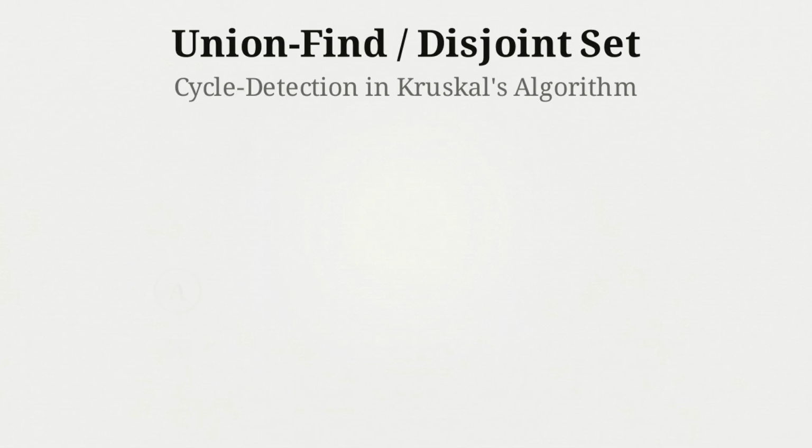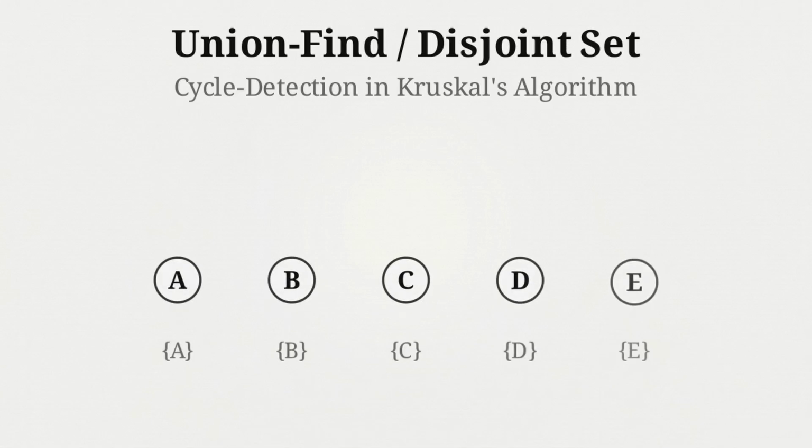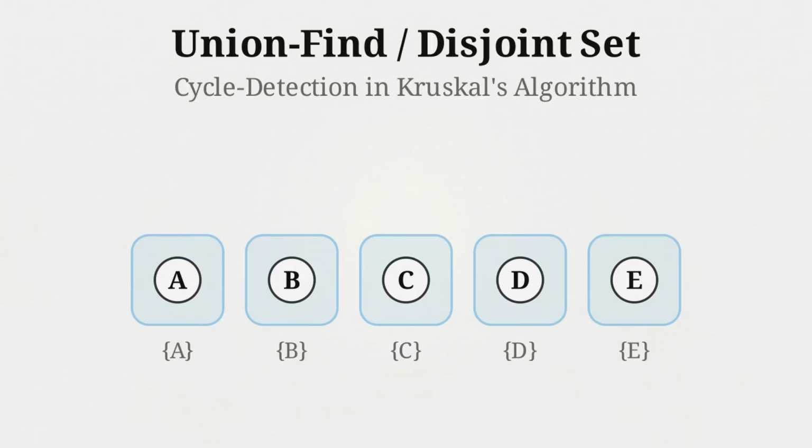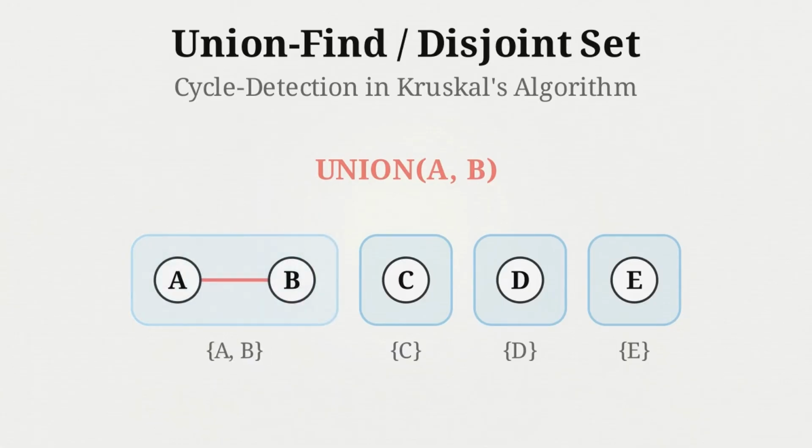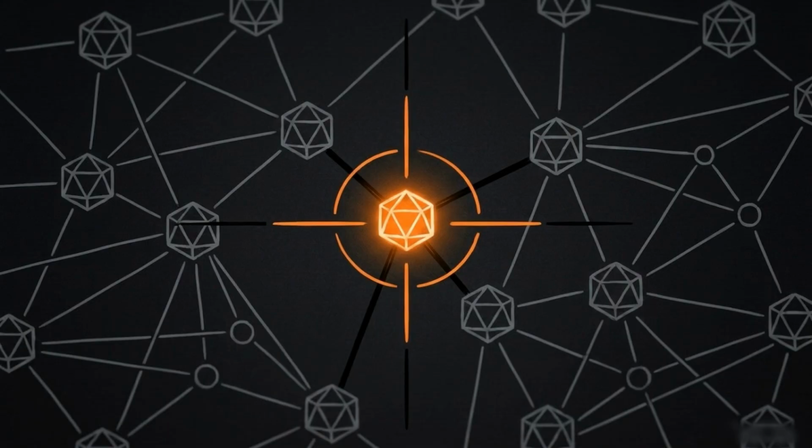At the very start, every single vertex exists in a state of isolation, assigned to its own unique group. We can track the build through this structure. When we accepted that first AB edge, the system performed a union operation, causing the separate boxes for A and B to merge into one unified set. When we added the BC edge, that set expanded again. Now A, B, and C all belong to a single overarching group. The second component is the find operation. It identifies which specific group a node currently belongs to.